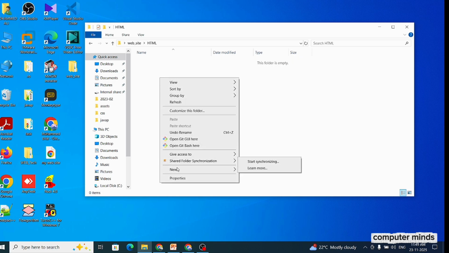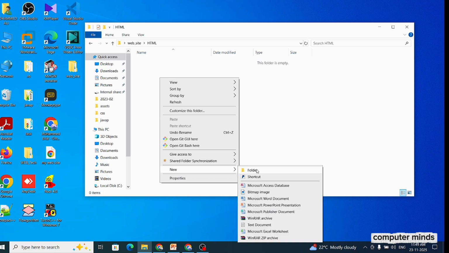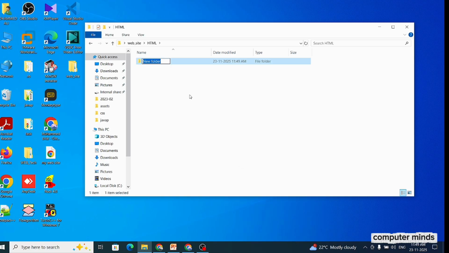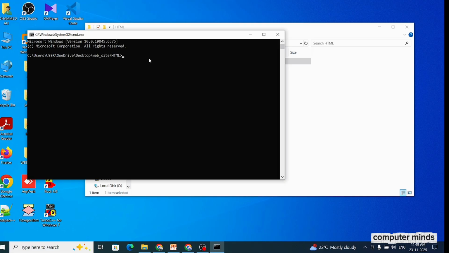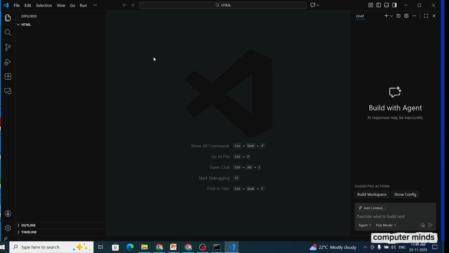Open it and make another folder named basic. Click on the top bar, enter cmd, and write code space dot, then enter. It will open VS Code.